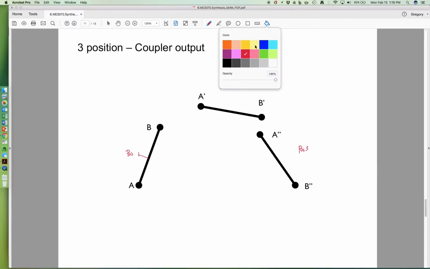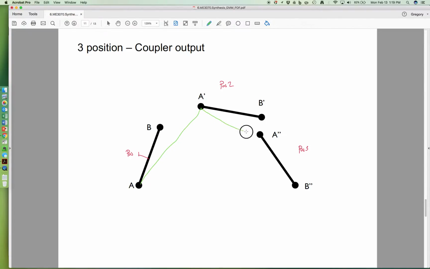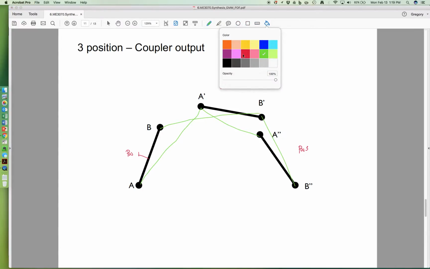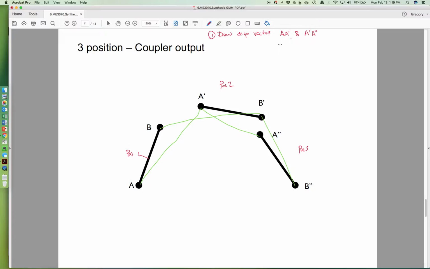We're going to do a similar approach. We're going to draw the displacement vectors from A to A prime, and then from A prime to A double prime. Do the same thing here, B to B prime, and then B prime to B double prime. Okay, so what we have here is draw displacement vector A to A prime and A prime to A double prime, and then B to B prime and B prime